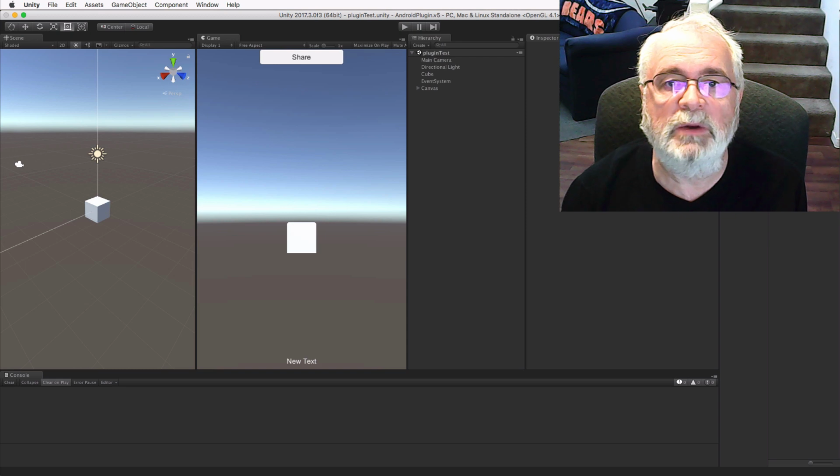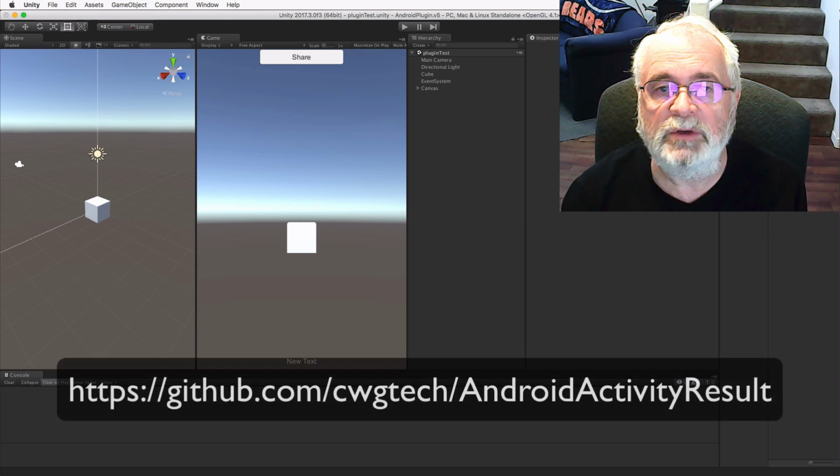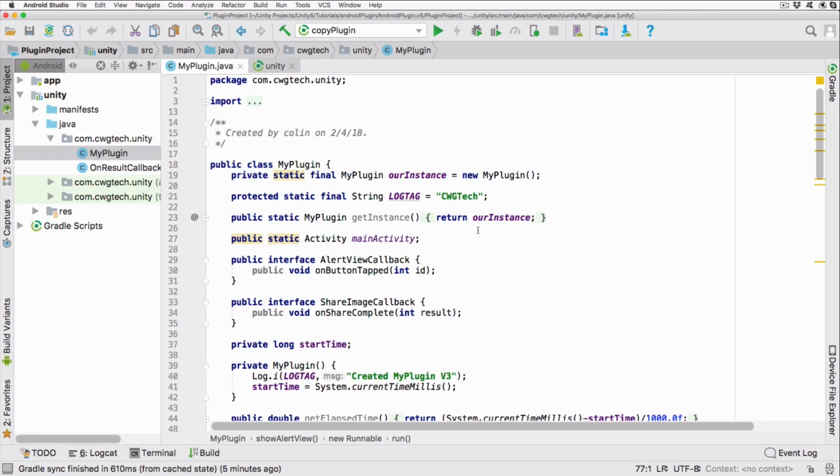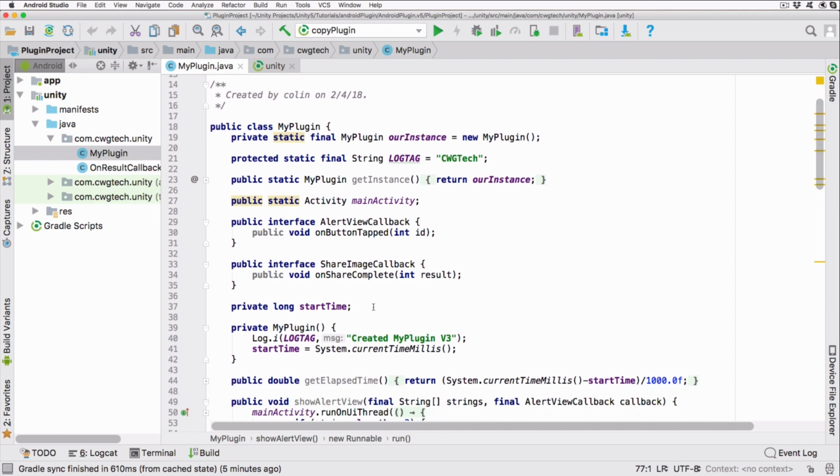Let's get started by loading up the previous versions of this project in Unity and the My Plugin project in Android Studio. If you don't have it, you can download it from github.com/cwgtech Android activity result. Using Android Studio, open the My Plugin Java source and add the following variable declarations above